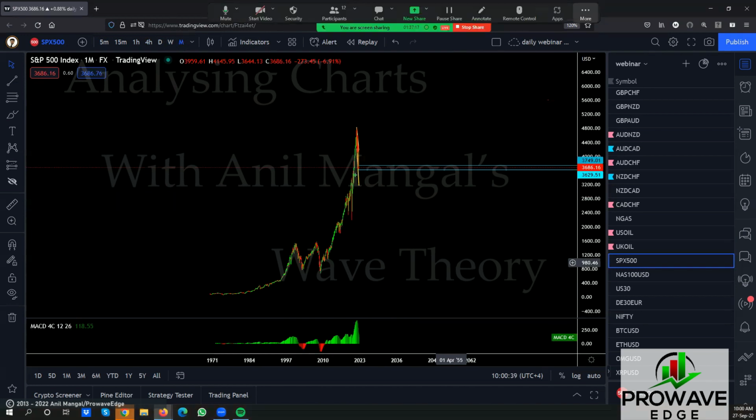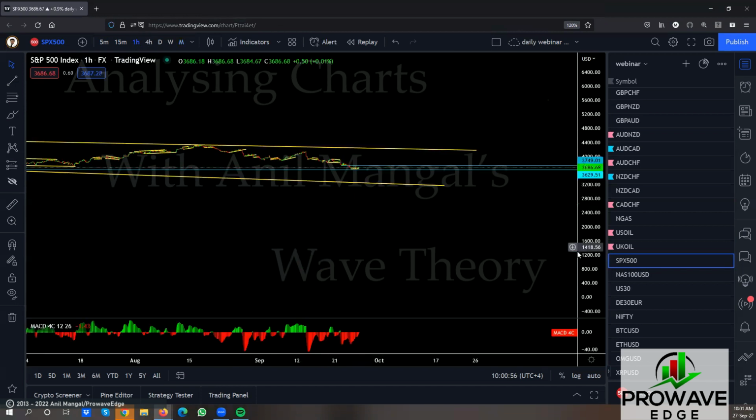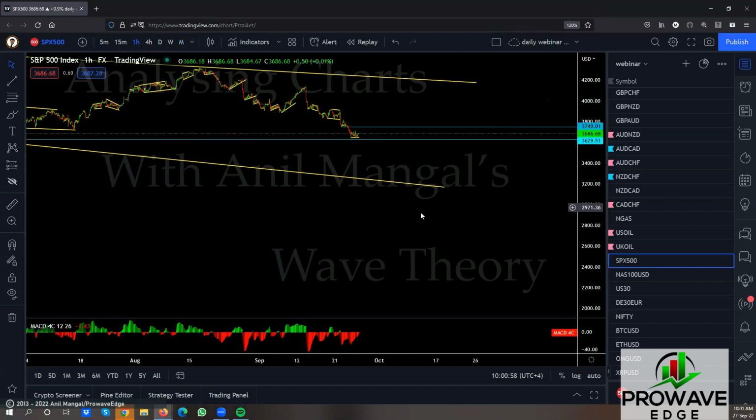Like I said, if this comes here and then goes back and starts to do this, right? It's going to be like a 1, 2, 3. You'll see something like this, and then you get that drop. Well, I shouldn't exaggerate the drop like that, but you get my point. I don't think this is a leading diagonal, and then we're going to get a big drop. Let's see. Stay with it.